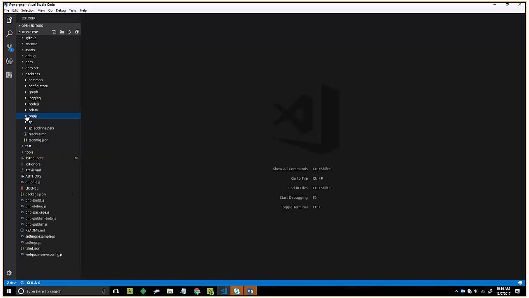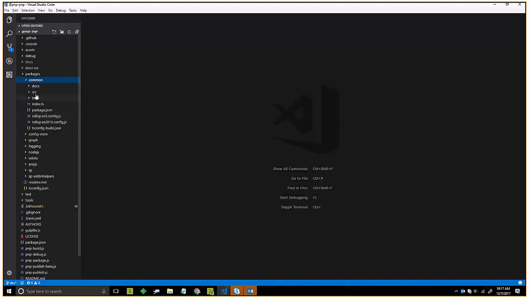So in terms of the package structure, each of these is identical, and that's on purpose to make it easy to manage, but also easy to process through a common build chain. If you look at this, we've got a source folder, which surprisingly has source files in it, a test folder, which has tests in it, and then we've got a docs folder. So this is a new idea we're introducing, that we're going to have docs that live next to the code. This comes from a piece of feedback I've heard a lot, which is I didn't know there was documentation, I couldn't find documentation, and